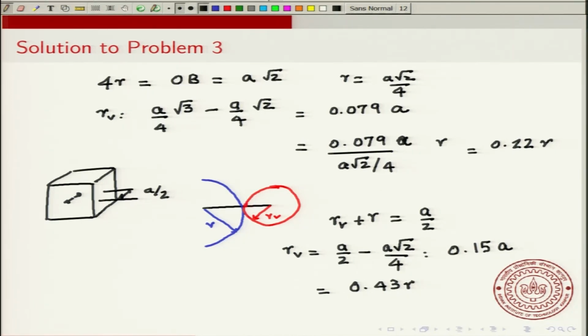So with fairly simple coordinate geometry, you are able to calculate the radius of each of these voids. You have to visualize these things. Okay, it initially takes time, but after some time it will become very easy.